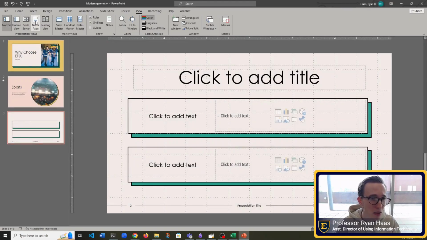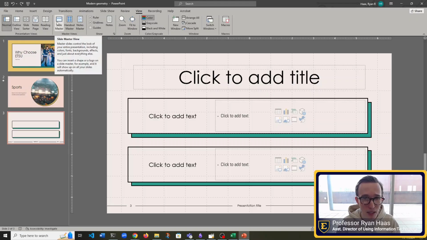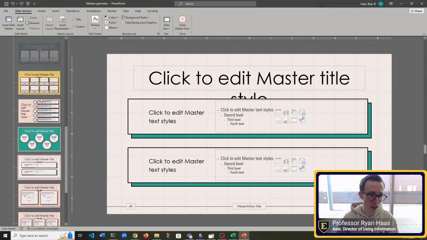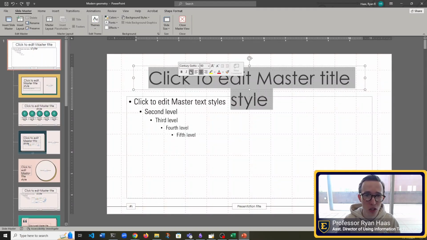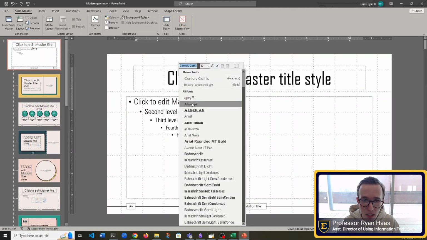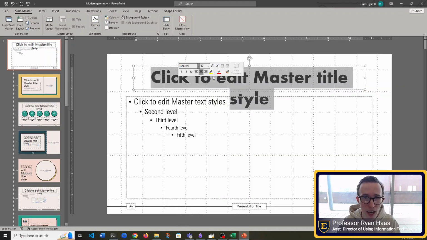And also in the view, we have what's called the slide master. Slide master is what we use to edit the theme. For example, if we wanted to change this font, we could do it up here. Let's choose that one and make this a little bit smaller.